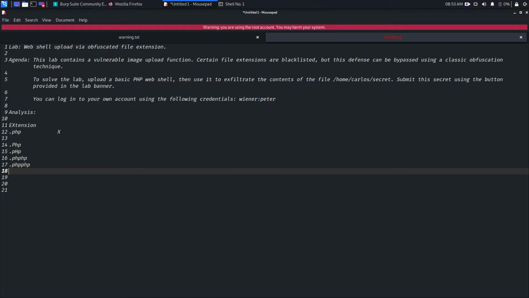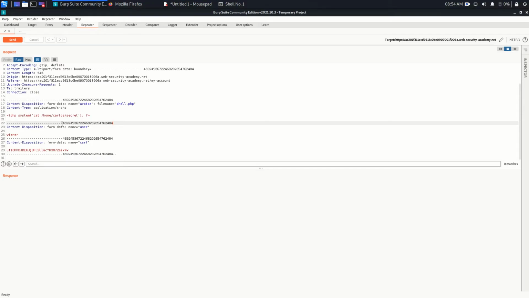We can also use .php and then a null byte and then .jpg. Because it will see this as the final extension, it will say okay, this is a jpg, so it is going to upload it, but actually this is not going to be effective. So go back to the Repeater.